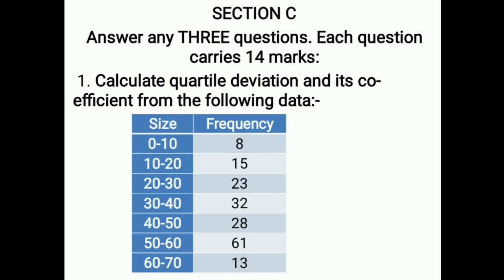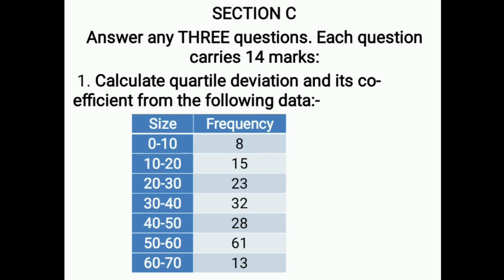I'm trying to make an experiment in such a way that I'll be giving hints or tricks to solve the problem. By looking at this video, the student can solve the problem by himself or practice the problem by himself. In section C, there will be 5 questions, out of which a student needs to answer 3 questions from the examination point of view.